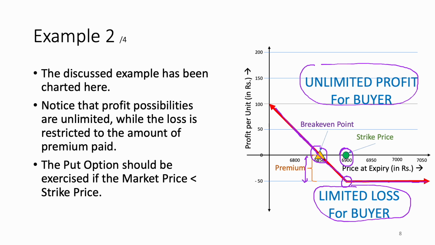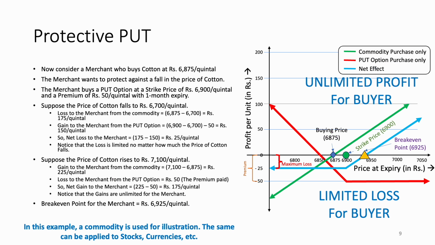Ultimately, notice that the buyer will always exercise the put option if the market price is below the strike price. The put option is often utilized when we actually have the underlying commodity, or underlier, with us. Suppose now we take the same example of the farmer who is selling cotton, and instead of the farmer we